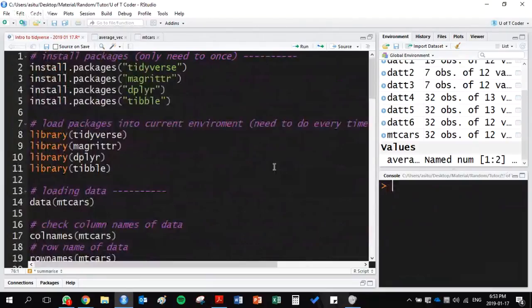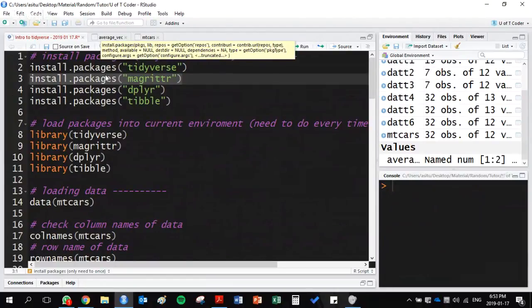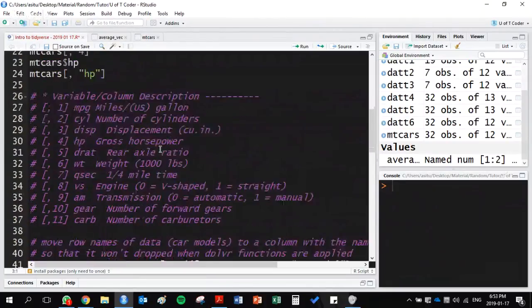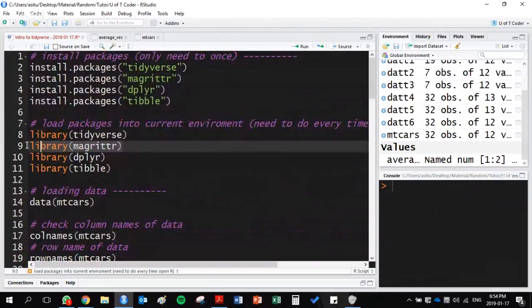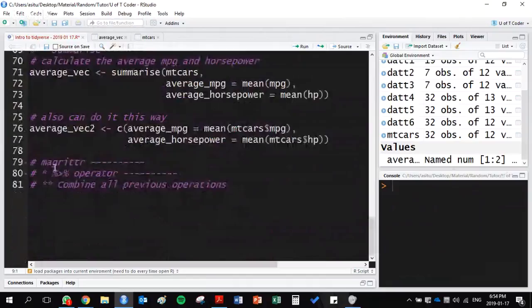So the last thing I want to, hopefully, go to is the one from this package, a piping operator. It will make your code look a lot nicer. You can install it and then do a library. The one that I want to show you is this one, the forward